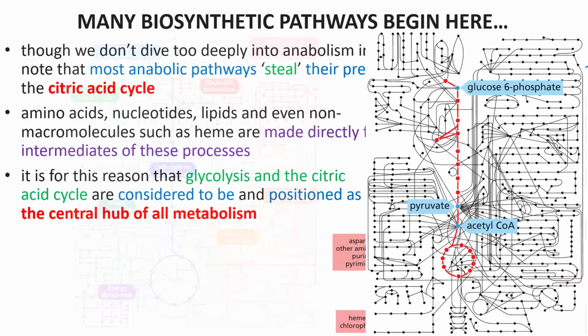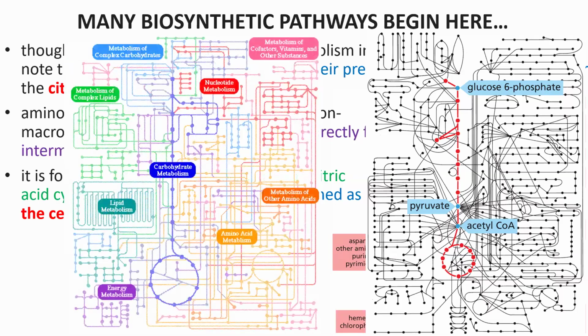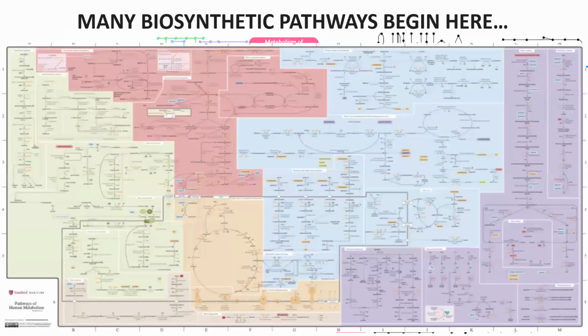impressionist view. Here's a slightly more accurate and more detailed diagram of eukaryotic metabolism, but right here down the center, glycolysis and the citric acid cycle. Right down the center, glycolysis and the citric acid cycle. And if you learn real metabolism, eukaryotic metabolism, you'll learn this table. If you do go on to grad school in the hard sciences, like for a master's or a PhD, you'll basically learn every pathway on this table.